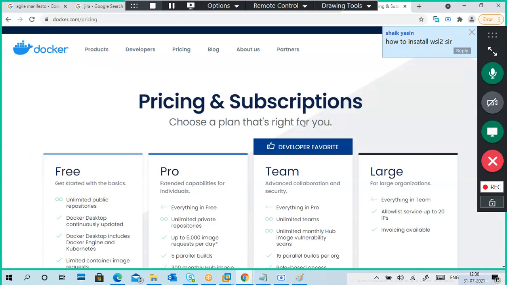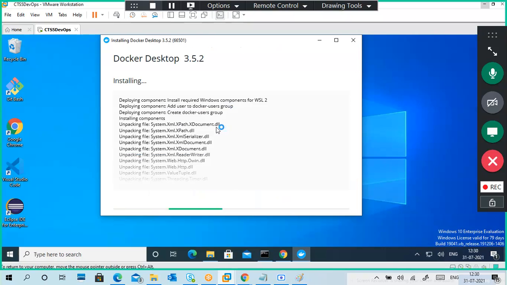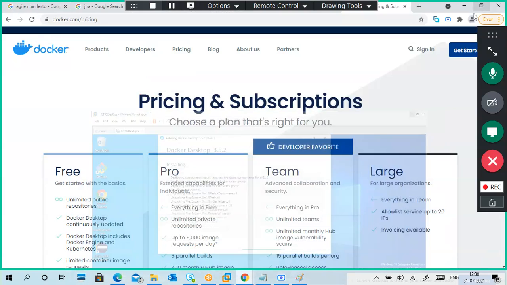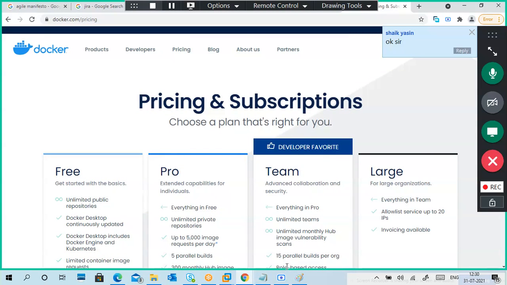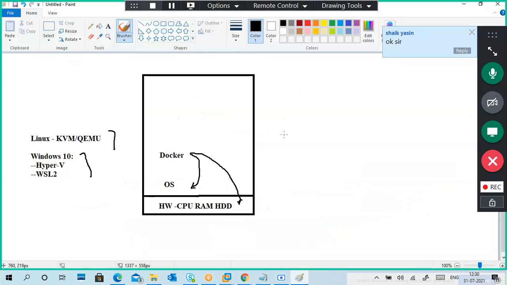It automatically installs along with Docker, but it will ask you to install required components for WSL, and the WSL2-related update package too. Okay, you have to install it if required. If it is not asking, it means WSL2 is already installed on your PC. You can also download WSL2 separately from the internet.